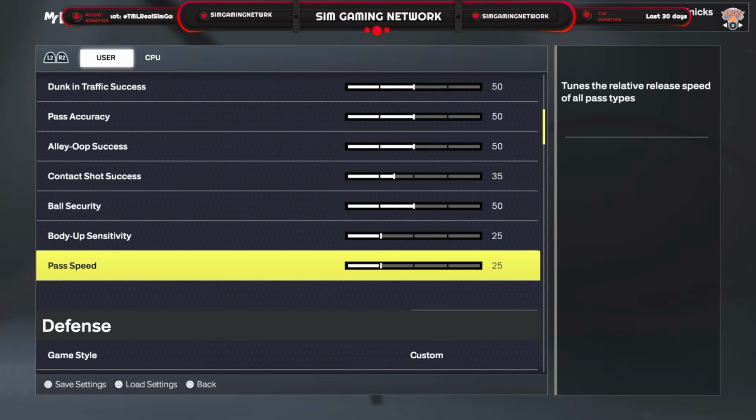The main thing is going to be the movement sliders that we just went over. Go ahead, plug this in, whether you're using my slider set, my global roster, using someone else's slider set, someone else's roster, doesn't matter. Just put in the 50 game speed and those movement sliders for the user and CPU,